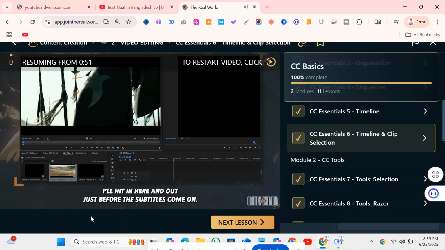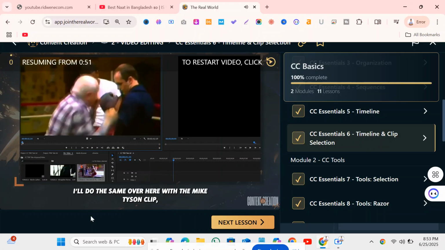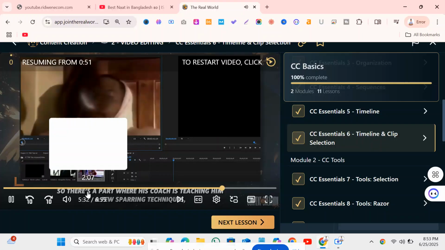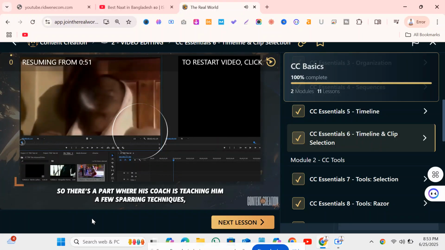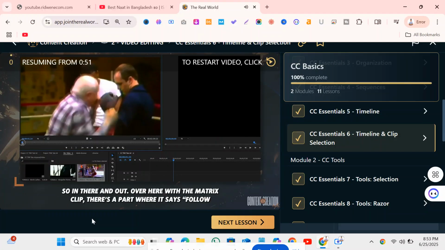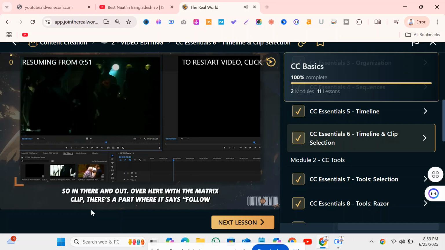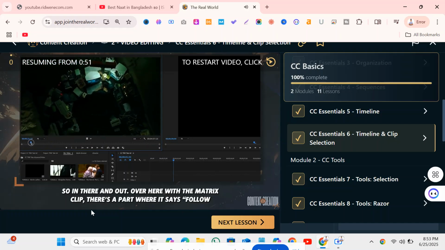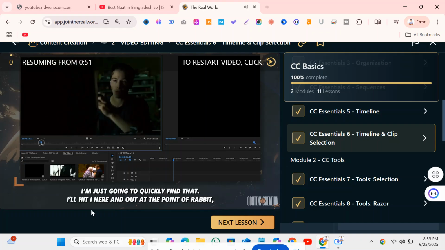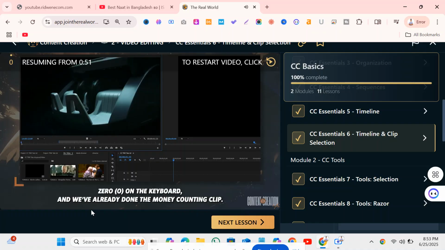So there we go. I'll hit in here and out just before the subtitles come on. I'll do the same over here with the Mike Tyson clip. So there's a part where his coach is teaching him a few sparring techniques. So in there and out. Over here with the Matrix clip, there's a part where it says follow the white rabbit. I'm just going to quickly find that. I'll hit I here and out at the point of rabbit, 0 on the keyboard,